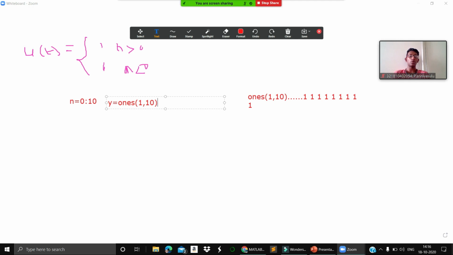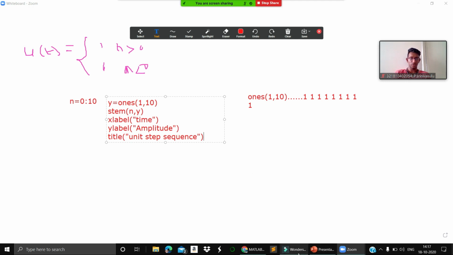In this way, it will take at each instant a value of 1. So after that, what should I do? I should stem my x-axis along with the y-axis, correct, right? After that I should label the things. X label time. So you can clearly observe here itself, right? This is the code for the unit step equation.